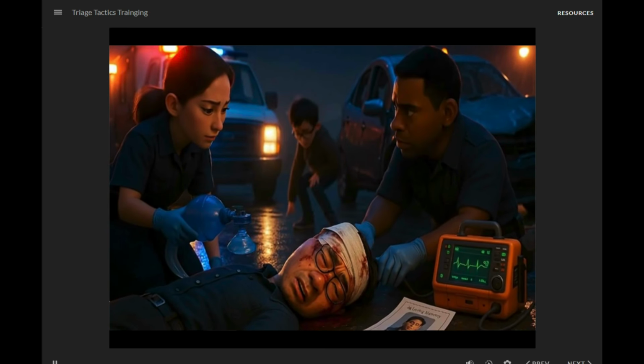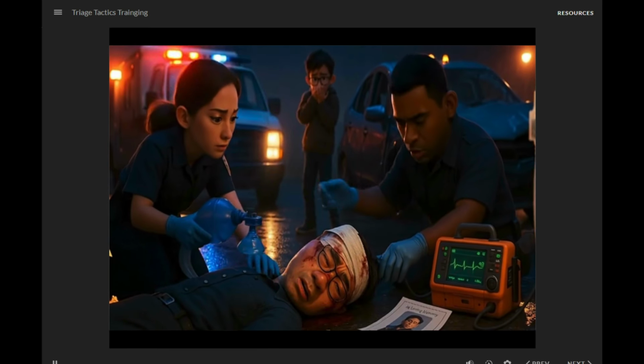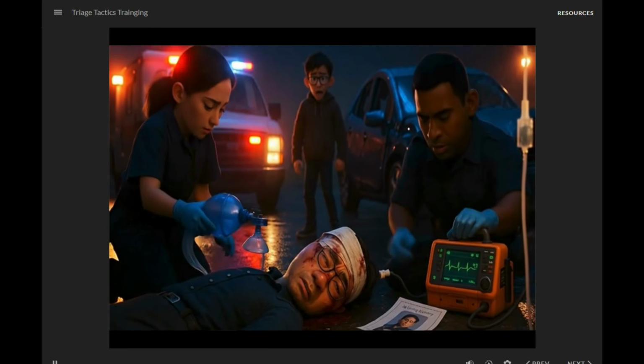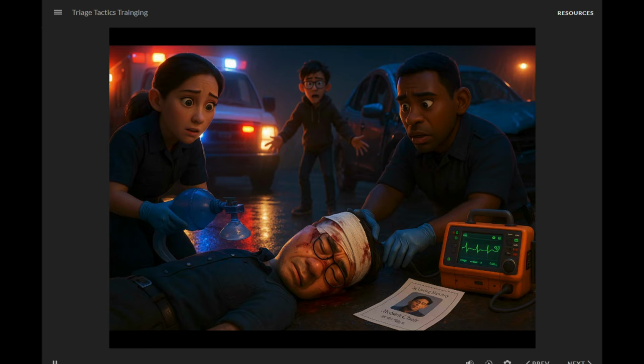Now, Michael stands on the sideline, watching helplessly as the EMTs assess his father. He just buried his mother. He can't lose his dad, too. For the EMT working on Robert, this isn't just another patient. This is a teenage boy's only remaining parent, a son who's already drowning in grief, watching and waiting.